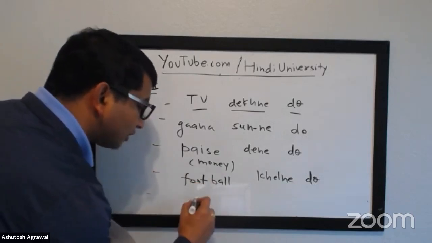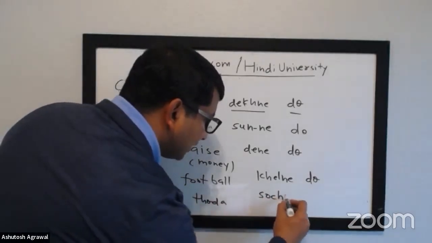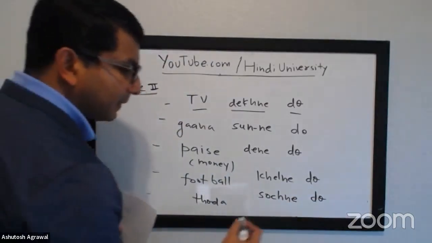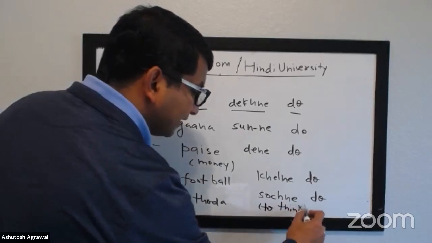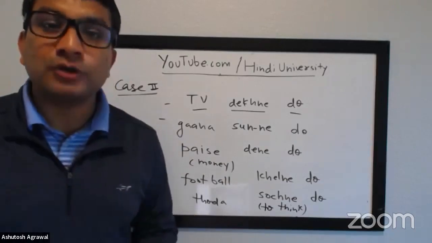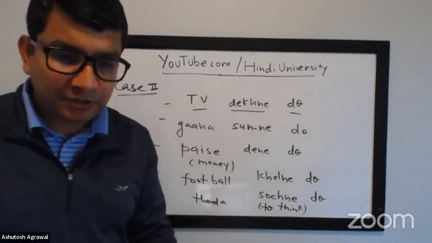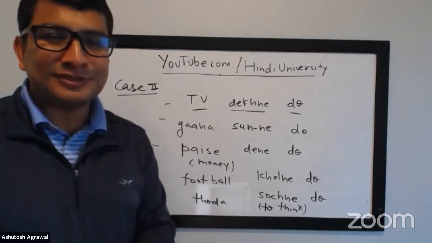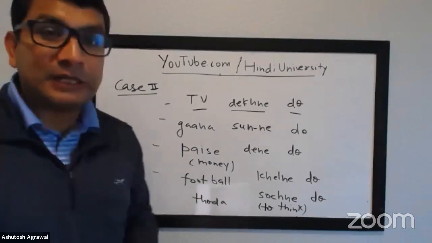I'm going to use something else. थोड़ा सोचने दो. थोड़ा सोचने. What is सोचना? I think. Think. Very good. सोचना is to think. And then after that you have dena. I'm just using one form of imperative. Feel free to change it. I'm using it so you don't have to think a lot. थोड़ा सोचने दो. Let someone think a little.